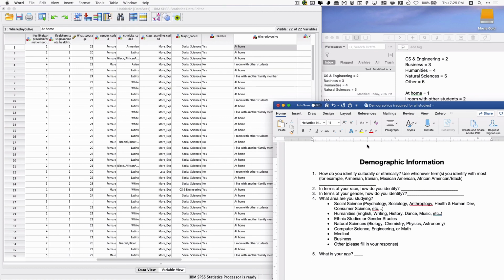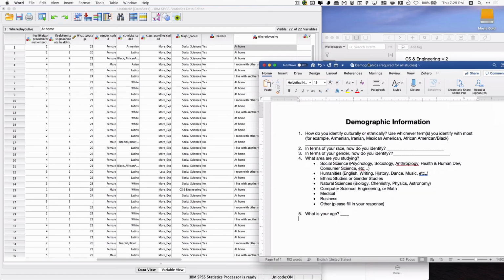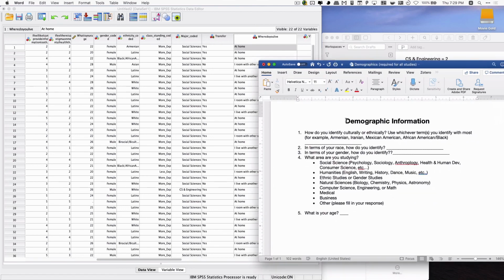So it looks like I misspoke earlier regarding the demographic questions you have to have. These are the questions you had to have to capture some demographic information to describe your participants. Notice I only have the question about asking culturally and regarding race, and that was correct. Here I do have gender. That was correct. Here I have major, and I did want you to have them